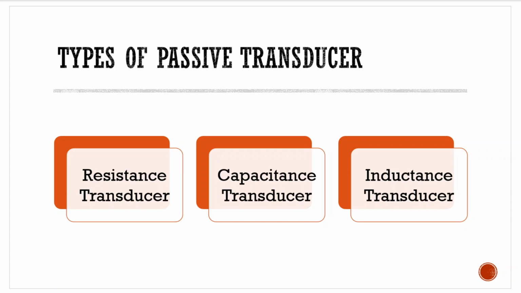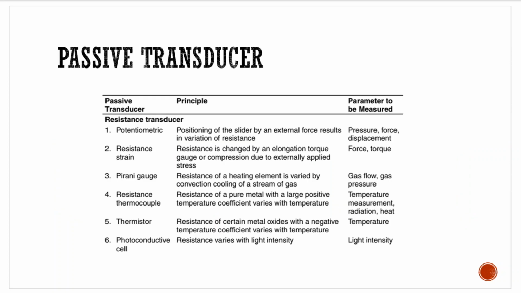Okay, a capacitance transducer will be using the principle of capacitor to measure some quantity, be it pressure, force, torque, distance, all those quantities we are trying to measure using transducers. But what principle is being employed in such devices classifies them as resistance transducer, capacitance transducer, or inductance transducer. So the different types of resistance transducers, first of all, we have to study all these transducers in detail. Today I'm only enlisting them.